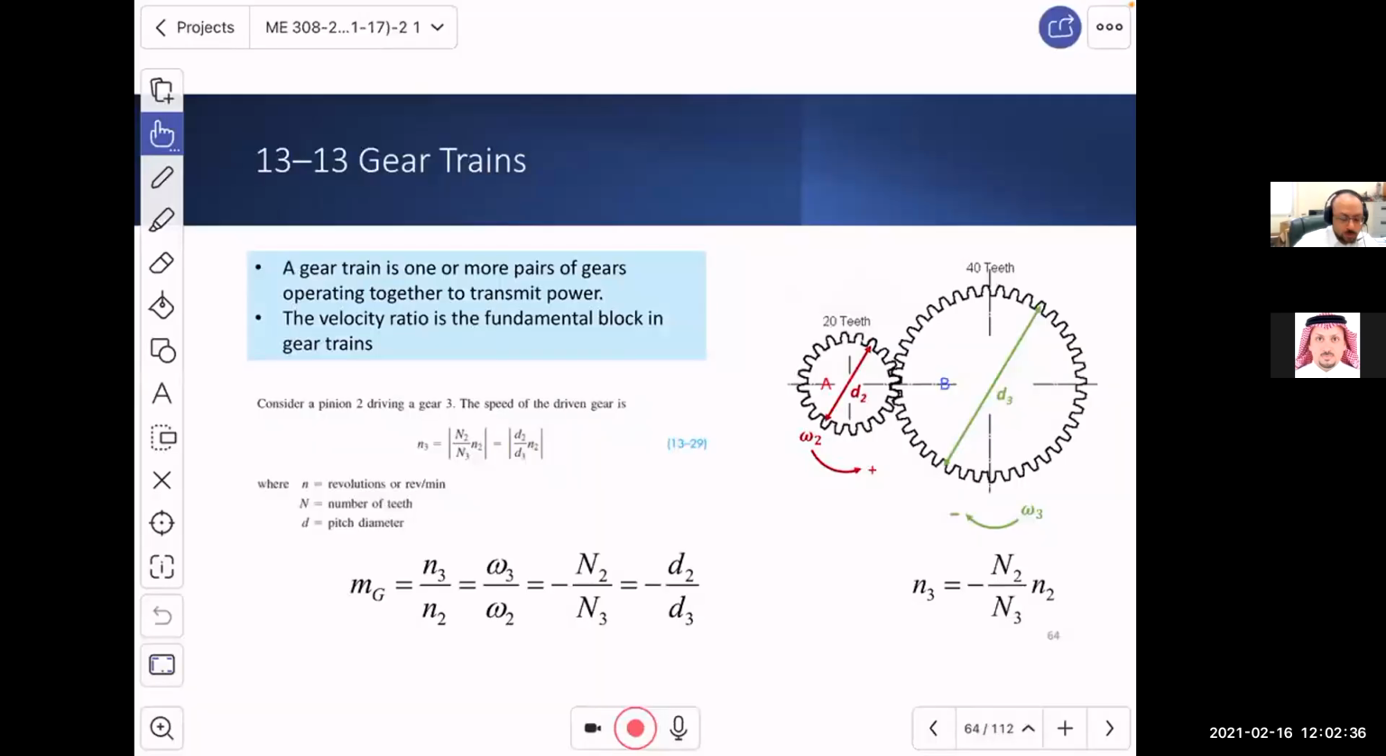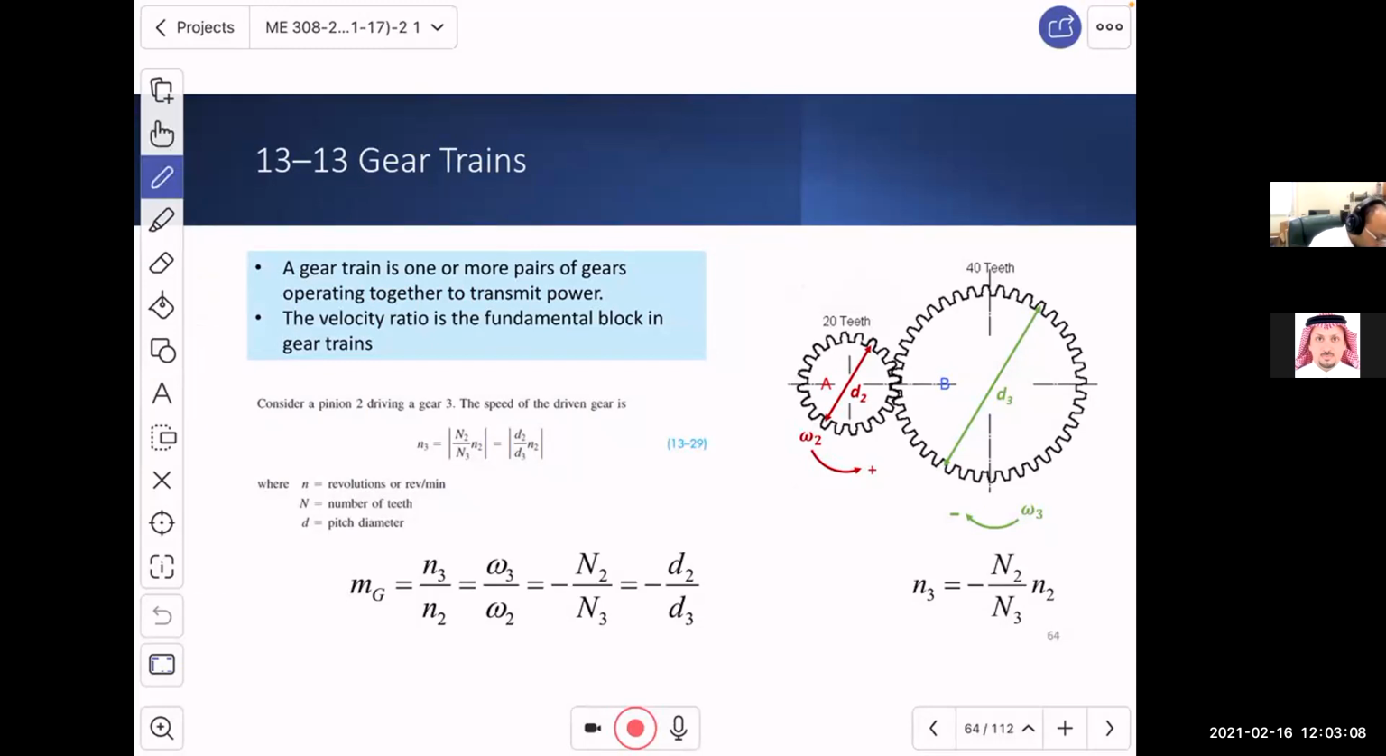Okay, so last class we talked about gear trains, and we said that the trains are basically two pairs or more of gears connected to each other to produce a motion. This could be a reduction or increasing of the RPM, and we understand from previous knowledge, and we revise this also with you, that if you have, for example, two gears